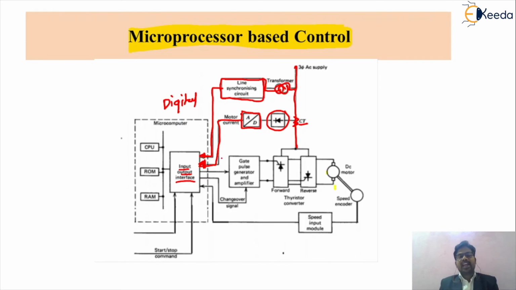So friends, after that we are using this AC supply, which is given to your microprocessor, a digital device. Now this AC supply will be given to your basic device, which is called a thyristor converter. So we are using the thyristor converter circuit. What do you mean by the thyristor converter circuit? We are using the AC supply, and this AC supply will be given to your DC supply. So obviously we will require an AC to DC converter.